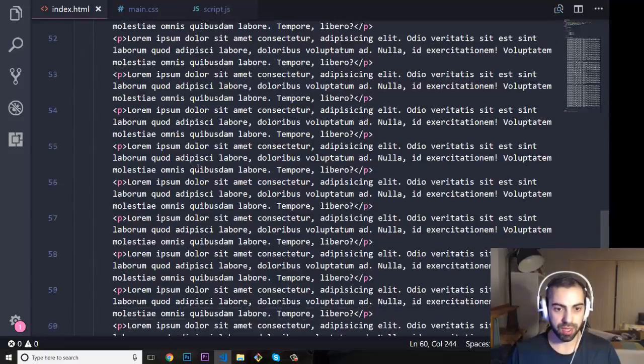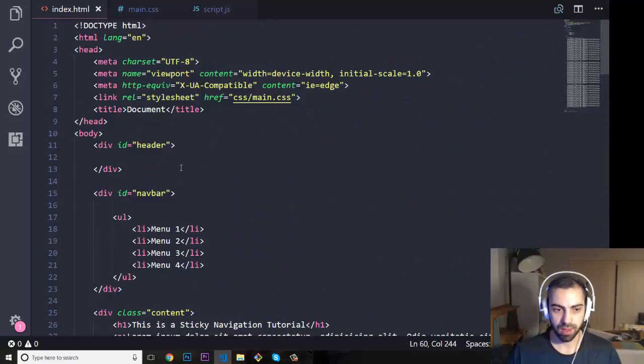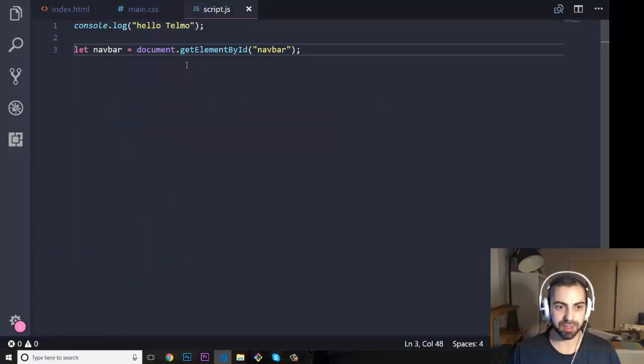Okay, if you look in here, this is my navigation bar with the ID navbar. That's what I'm targeting with vanilla JavaScript: document.getElementById navbar. So this means we are going to target that element, and we are giving it to this variable